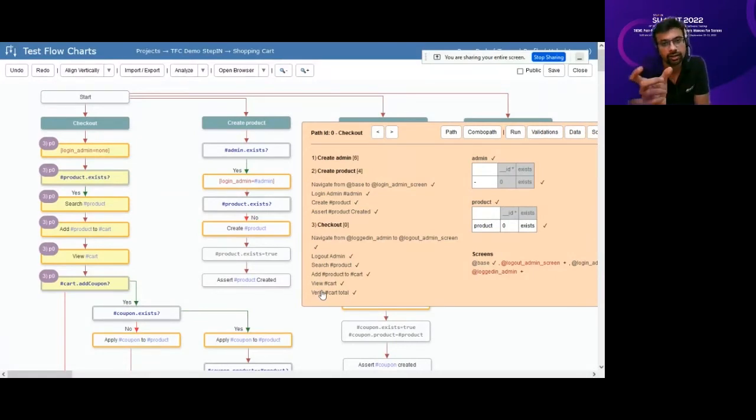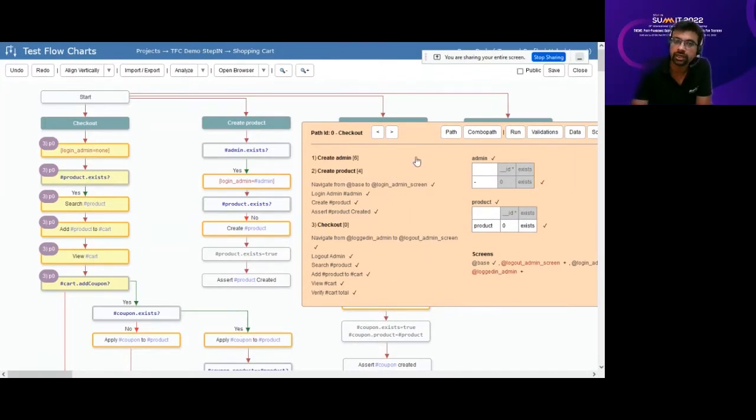With this login command, we are managing the logins, because when you want a test case to be run, you may want to run it on a single browser, in the sense that you want to log out as admin, log in as a user, and do further things. It is also possible to do it in two separate windows, in which case this login admin thing will be managed slightly differently. So it could be a parameter to this test flowchart, saying that I want it in a single window or multiple windows, and based on that it'll change. Here in this case, it assumes that it's only one window, and since only one user can be logged in, it manages the login logout automatically.